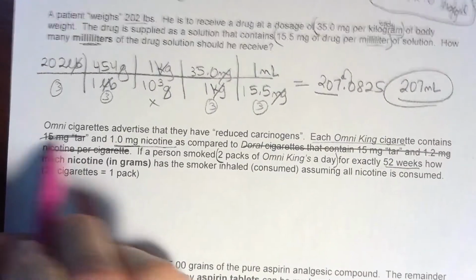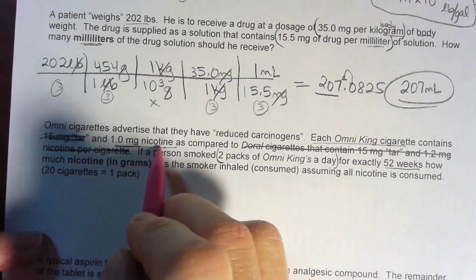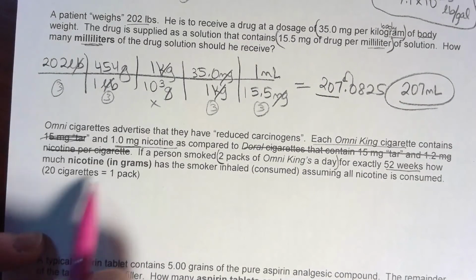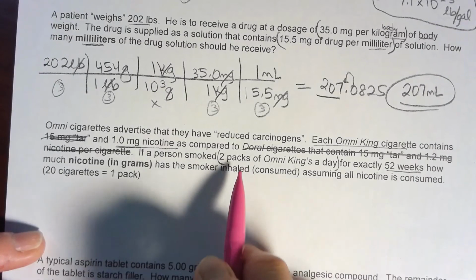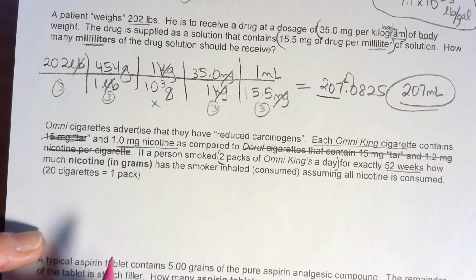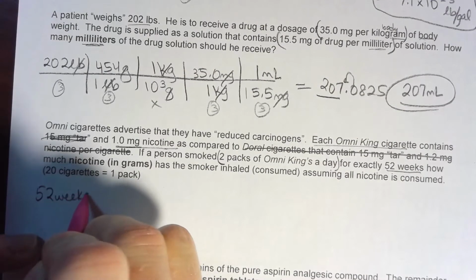So again, the tar, it's not relevant to our problem. We're not worried about that. So we have 1 milligram nicotine per cigarette. We have 20 cigarettes in a pack. We know how many packs they smoke a day, so that's a conversion factor. And 52 weeks is our given. So we smoke for 52 weeks,